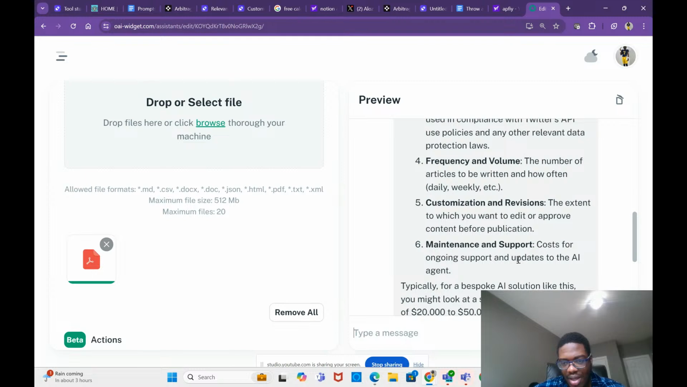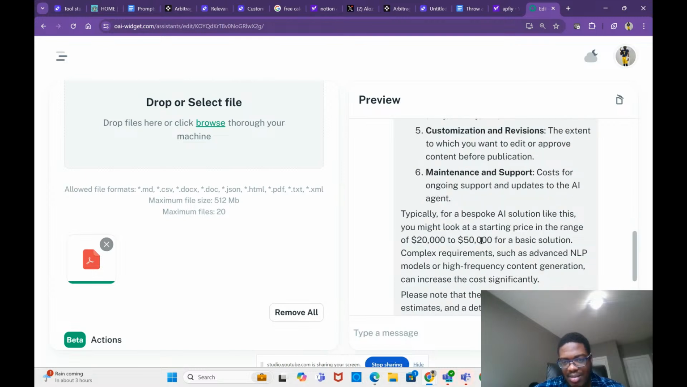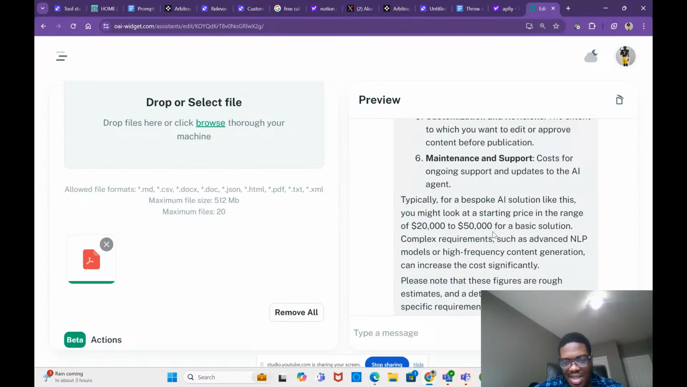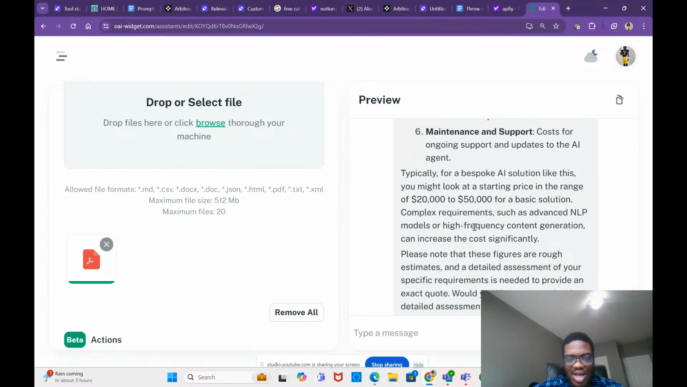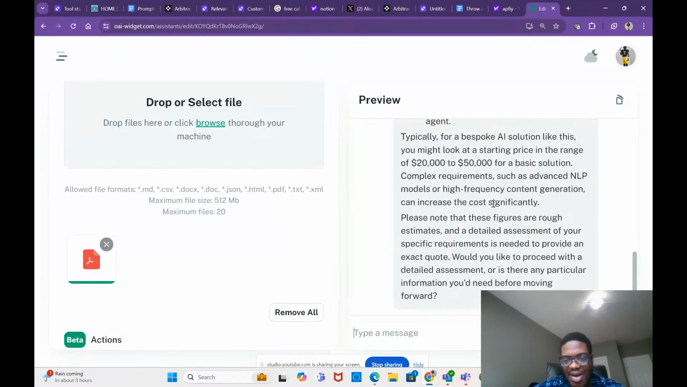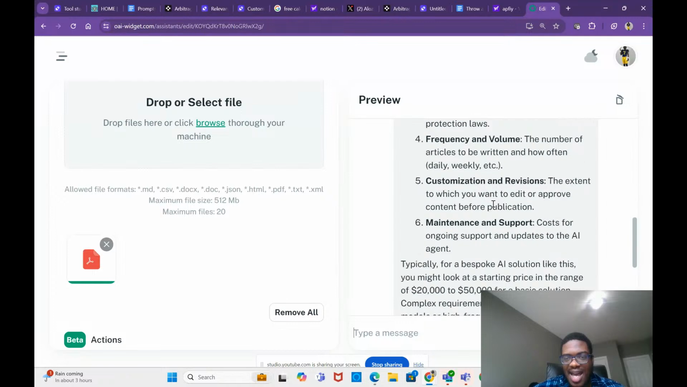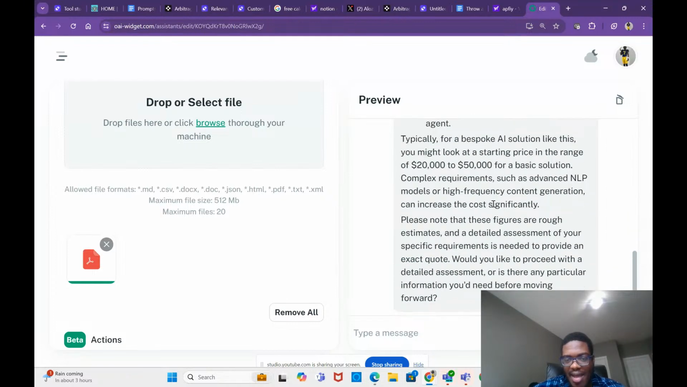So typically for a basic one like this, the starting range is 20,000 to 50,000. It won't really be that much, but this is just a test, and I'll probably have to update my prompt more to be better at deciding what the pricing is because it usually won't be that much. But you can see how it's able to look at my stuff, decide how the pricing is, and give